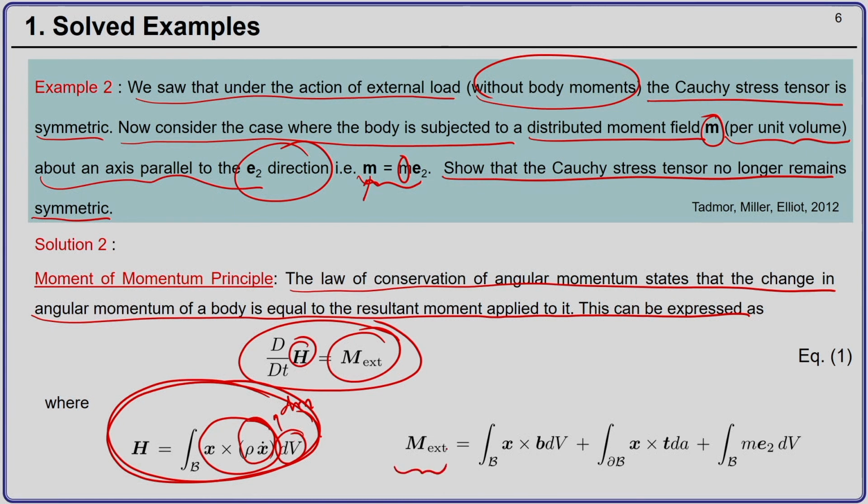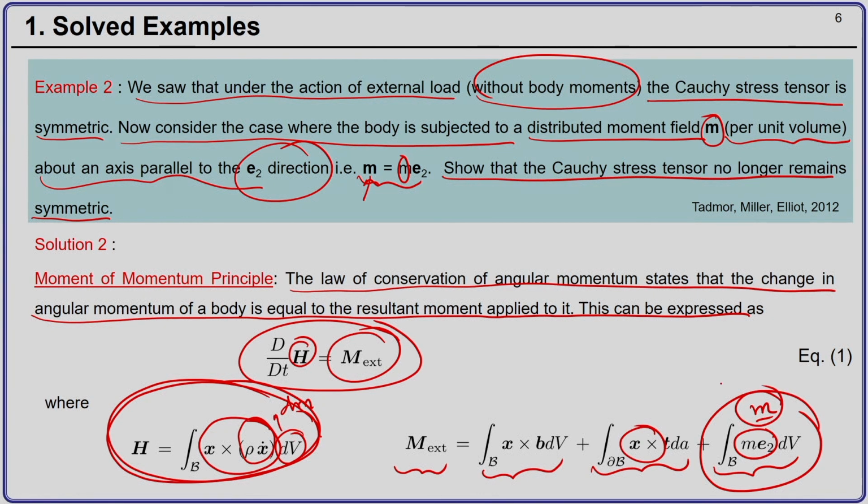The net external moment will be the moment because of the body forces, the moment because of the surface tractions, and now you will have one more term. This is nothing but the distributed moment which has been applied over the bulk of the body. Remember we do not have the x cross here, because m already is a moment per unit volume. So, we just need to multiply by the infinitesimal volume and integrate over the volume of the body. If we substitute these in equation 1,